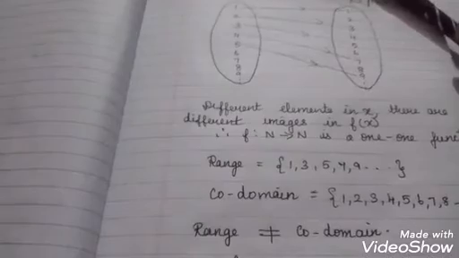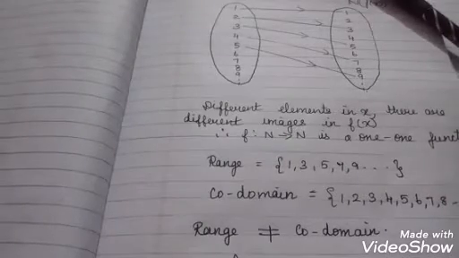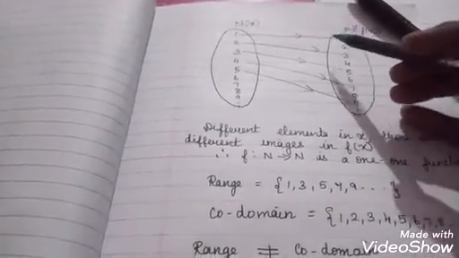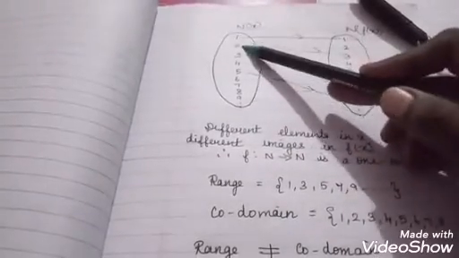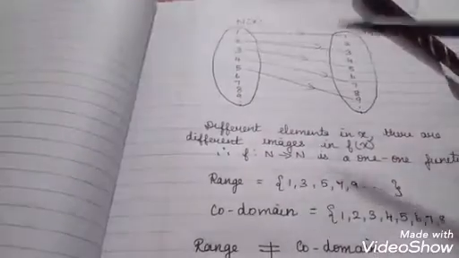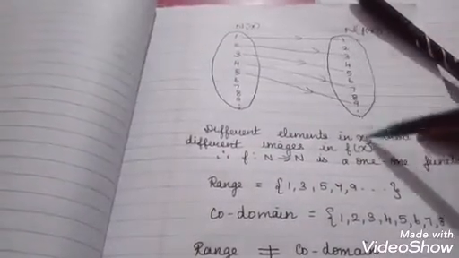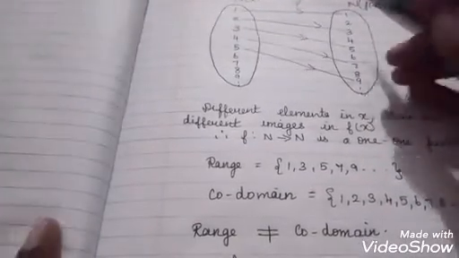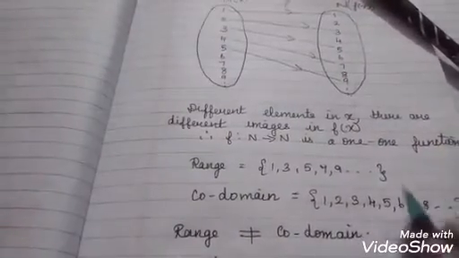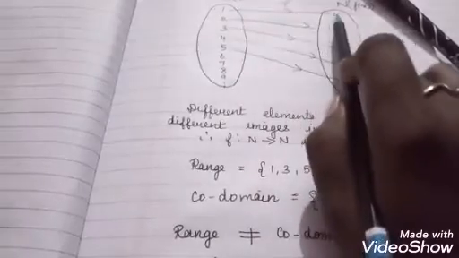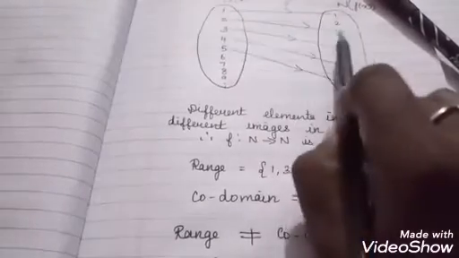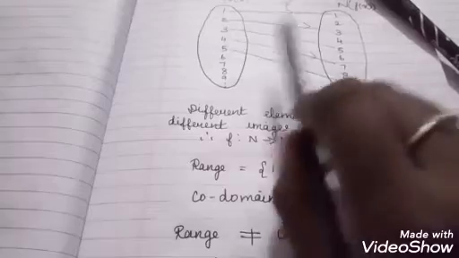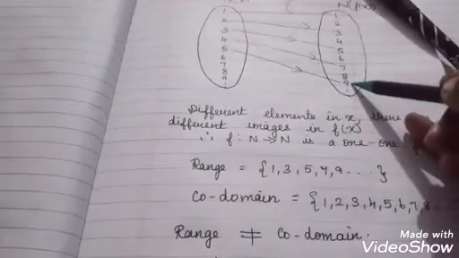I'm going to draw the arrow diagram here and then we'll check. This is how I've drawn it. You've got x: 1, 2, 3, 4, 5, 6, 7, 8, 9, etc. Here again f of x, again it goes on. Now, 1 is mapped on to 1, 2 is mapped on to 3, 3 is mapped on to 5, 4 is mapped on to 7, 5 is mapped on to 9.